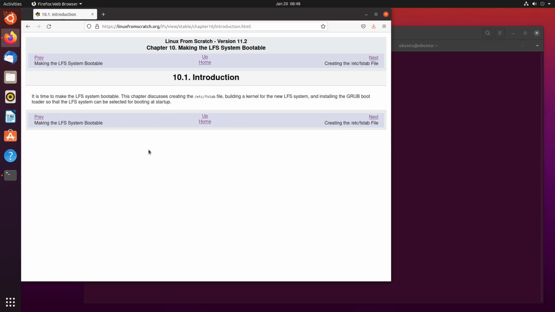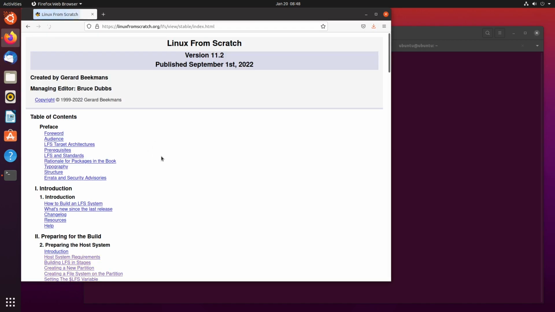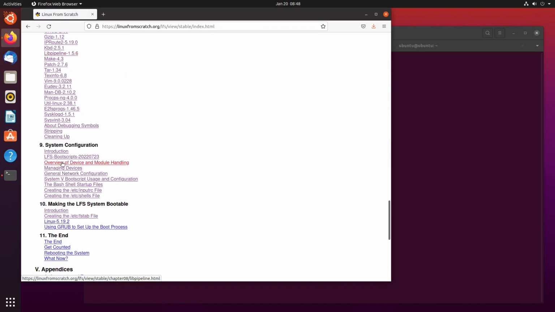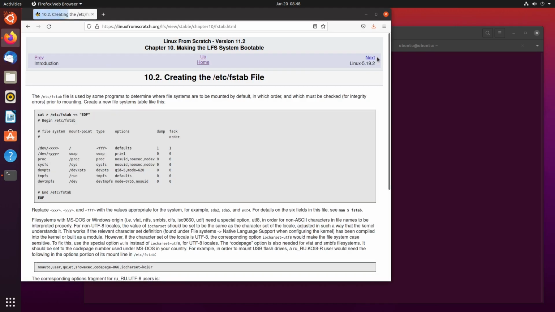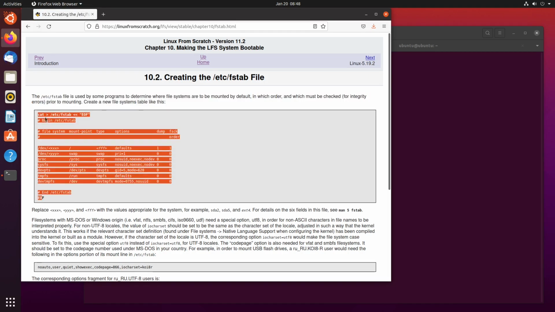Where we'd previously left off in chapter 9, we had just finished with the configuration of the system and now we're coming up to making it bootable. So the first thing we want to do is come to chapter 10.2 and create the file system table file. To do that we just copy the first section here,